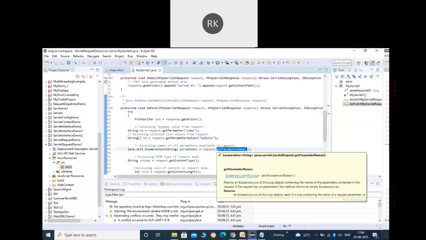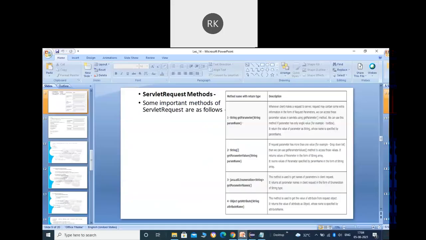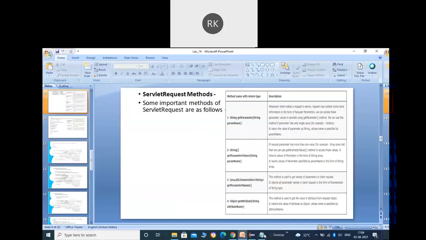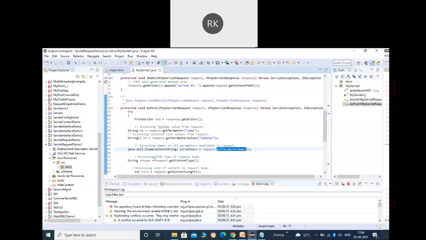All right. The next is, let's suppose I also want to get the names of the parameters. So you can see the first parameter name is name. The second parameter name is hobby. So for that, what can I use? I can use the method request.getParameterNames. And it will return you an enumeration.